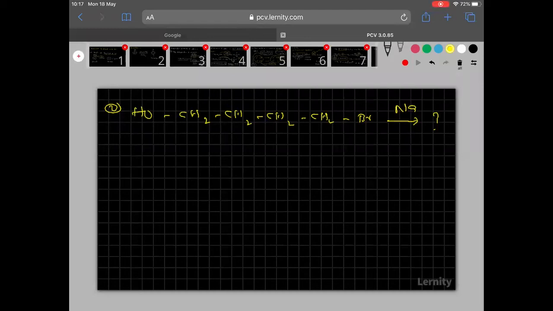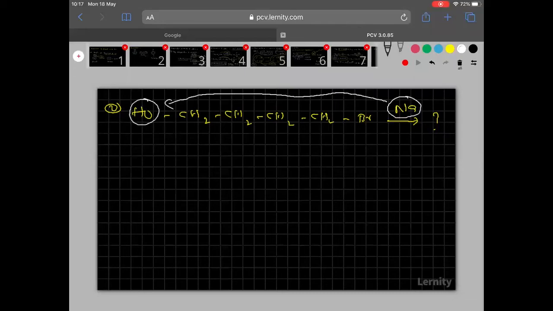I hope you people are trying this question. Now, let me explain here. See clearly, here sodium is there, and here alcohol is there. Alcohol is acidic. So, metals like sodium liberate hydrogen gas from alcohols. Am I right? Is it clear? Then what happened here?